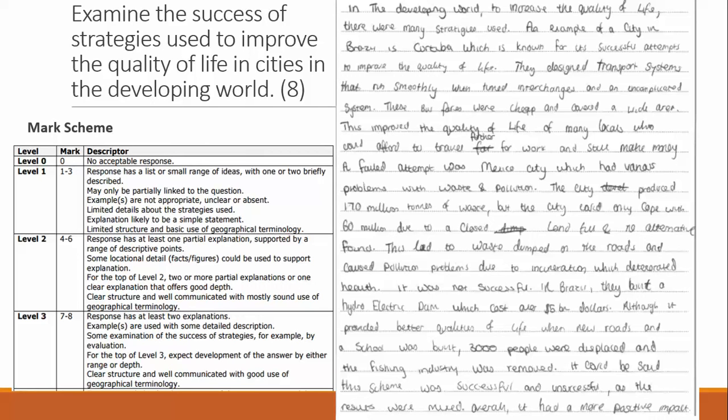Now, a lot of you did quite well on this, but you didn't necessarily get full marks because you didn't consider the success of the scheme. So read through your answer, look at the mark scheme, and then think about what it is that you didn't do in terms of development to be able to get full marks on this question. Often it was either use of specific details or it was lack of evaluation, a lack of that examination of the successes of the scheme. Read through your answer, think what you can do to improve.